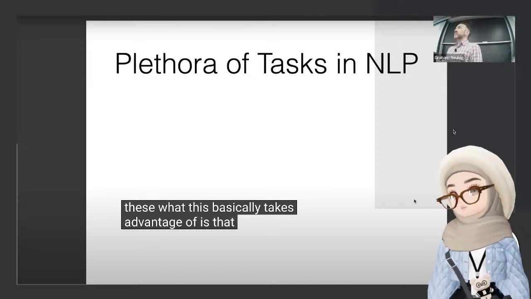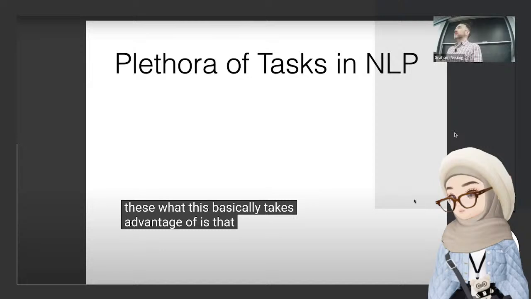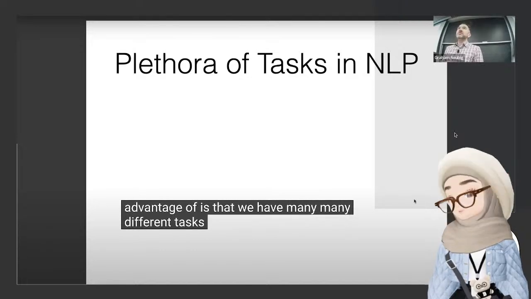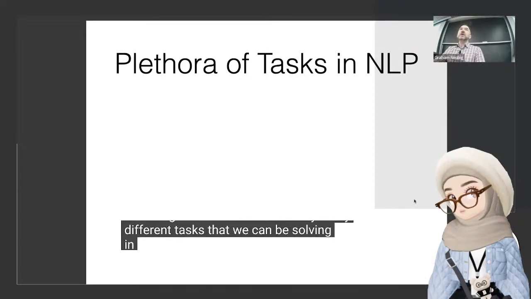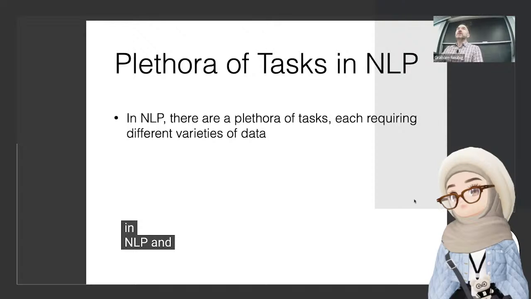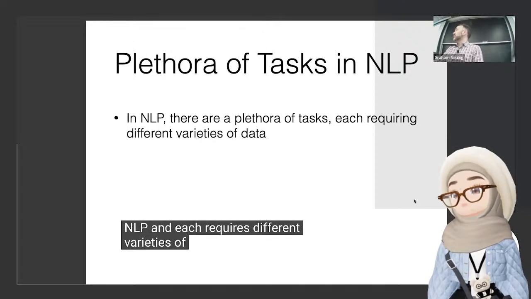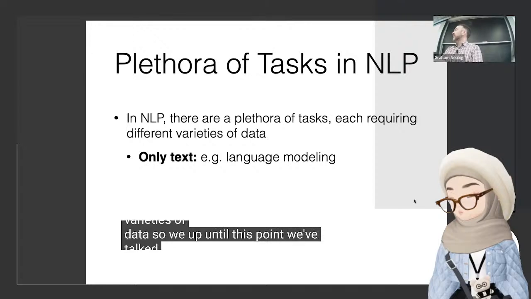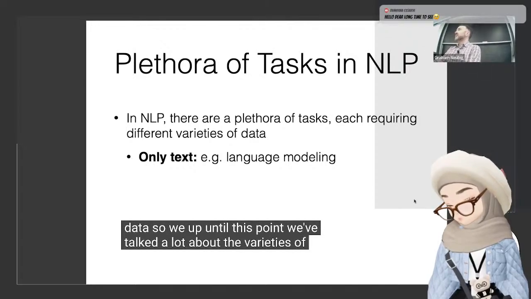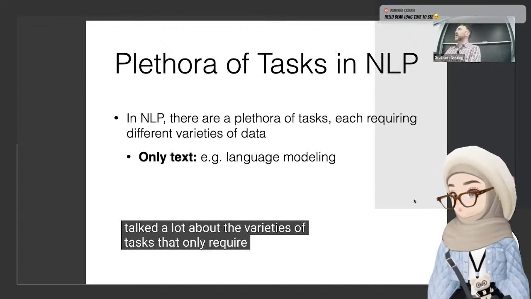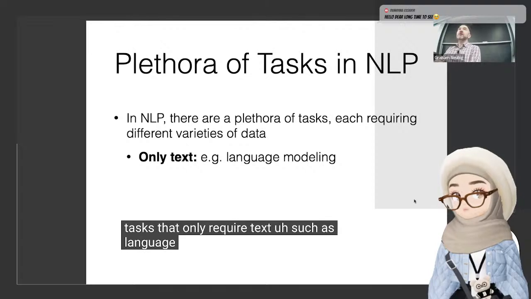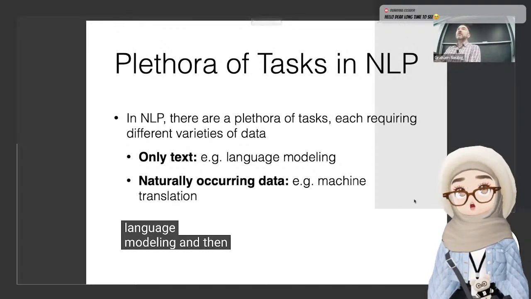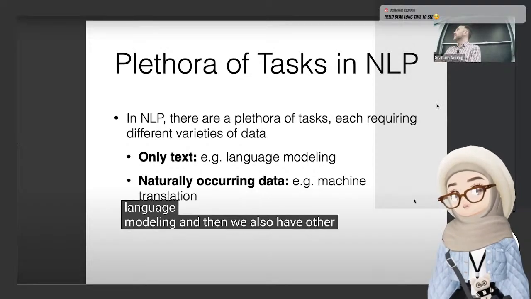I don't know why I'm interrupting him. We have many, many different tasks that we can be solving in the NLP, and each requires different varieties of data. So up until this point, we've talked a lot about the varieties of tasks that only require text, such as language modeling. And then we also have other...